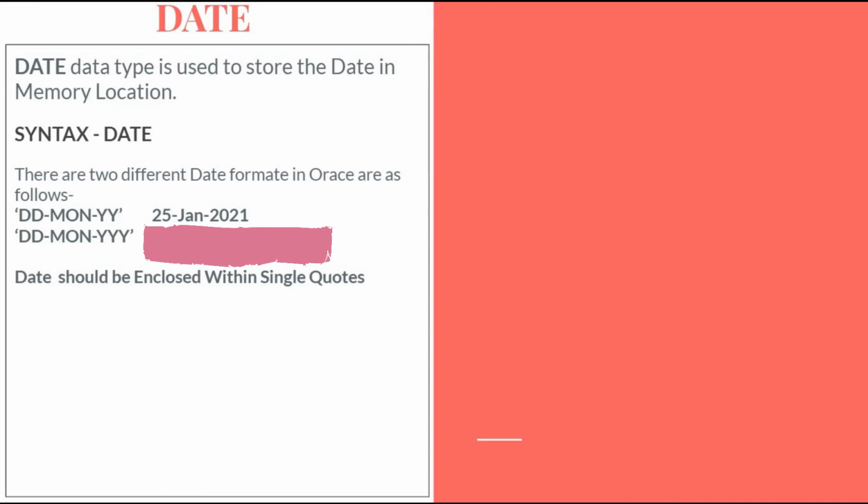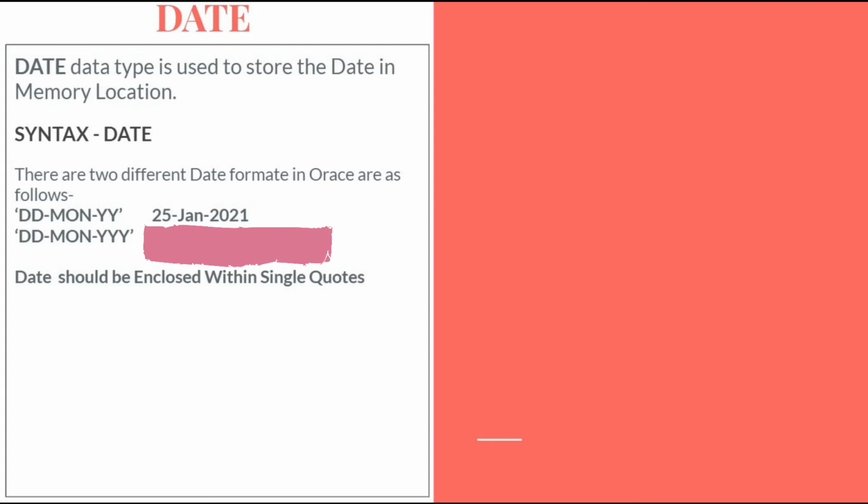I inform you that in this series we are learning SQL, but we will execute our structured query language in Oracle 10G. So in Oracle, there are two specified date formats.